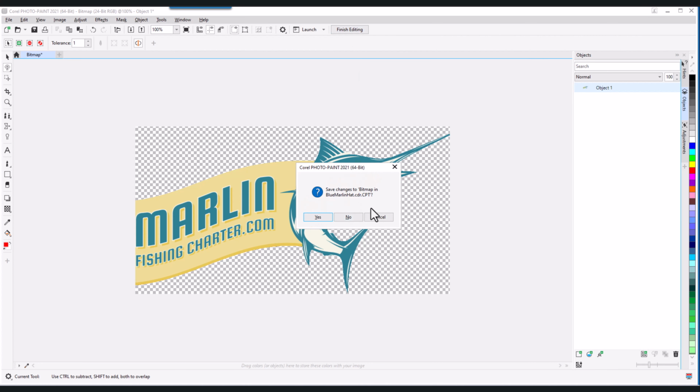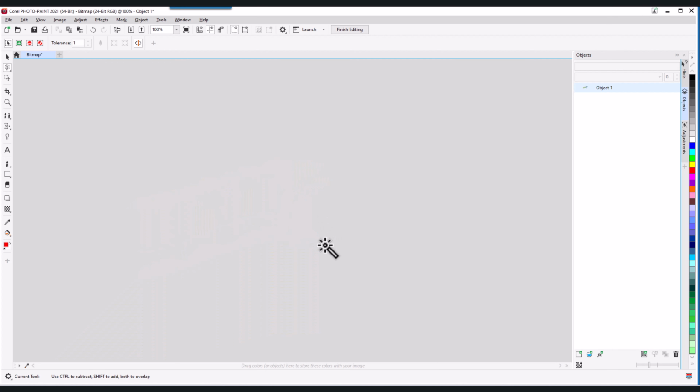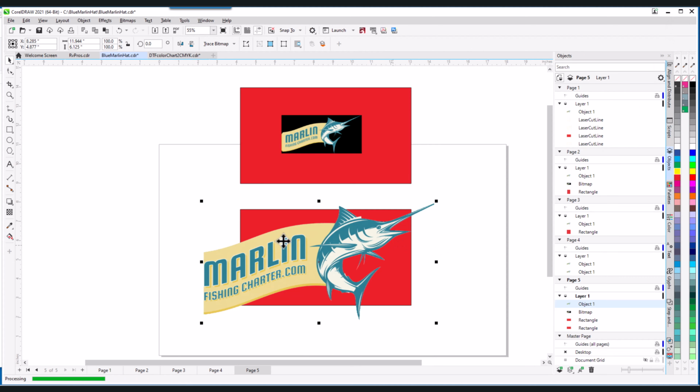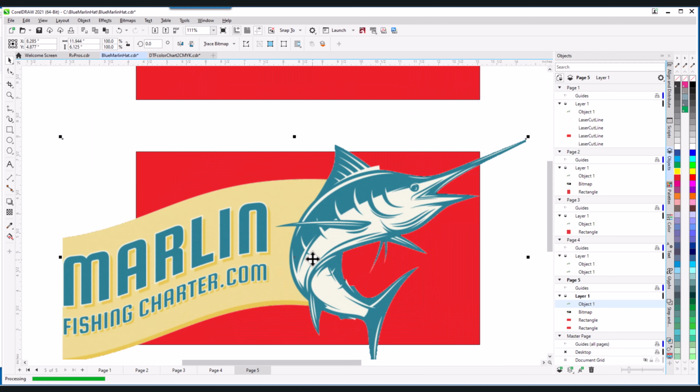Okay, now this is very important right here, where it says do you want to save this, and some people kind of get a little bit confused about what this means, but you do have to hit yes right here if you want to save what you just did back into Coreldraw. So if we hit yes here, this is going to go back to Corel. Now again too, sometimes Coreldraw doesn't come up, so if you want, you can go over here and make your Photo Paint smaller, and then we're back in Coreldraw, and here's what we just got from there, and it looks